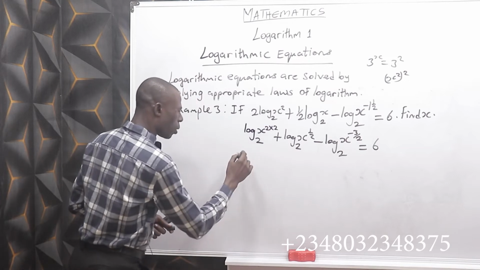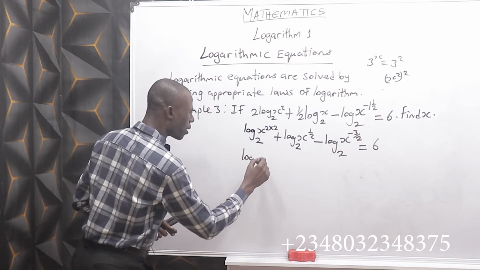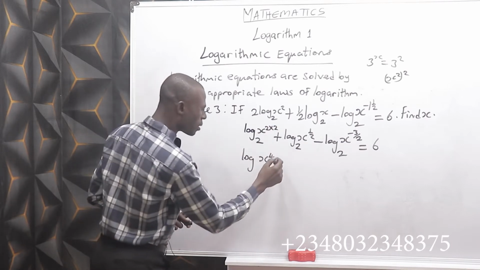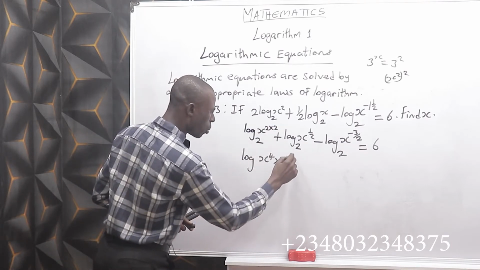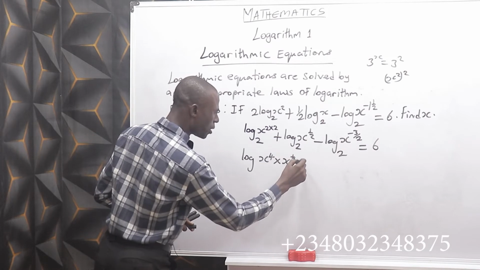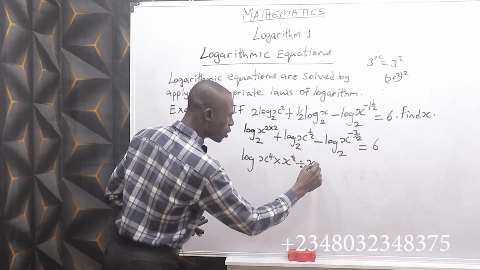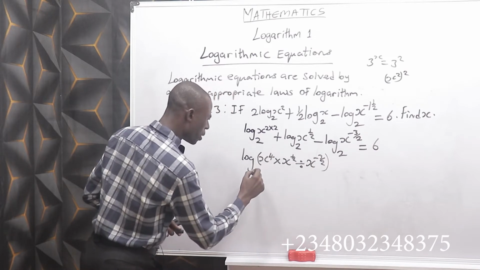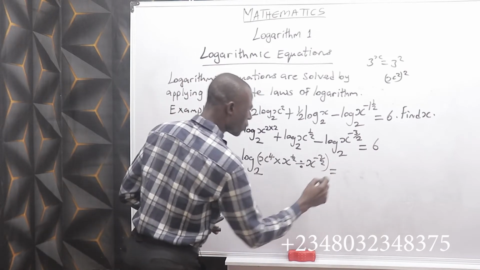Applying the common law now, we have log x raised to power 4, you know this is x raised to power 4, times x raised to power half, divided by x raised to power minus 3 over 2, base 2 equals,